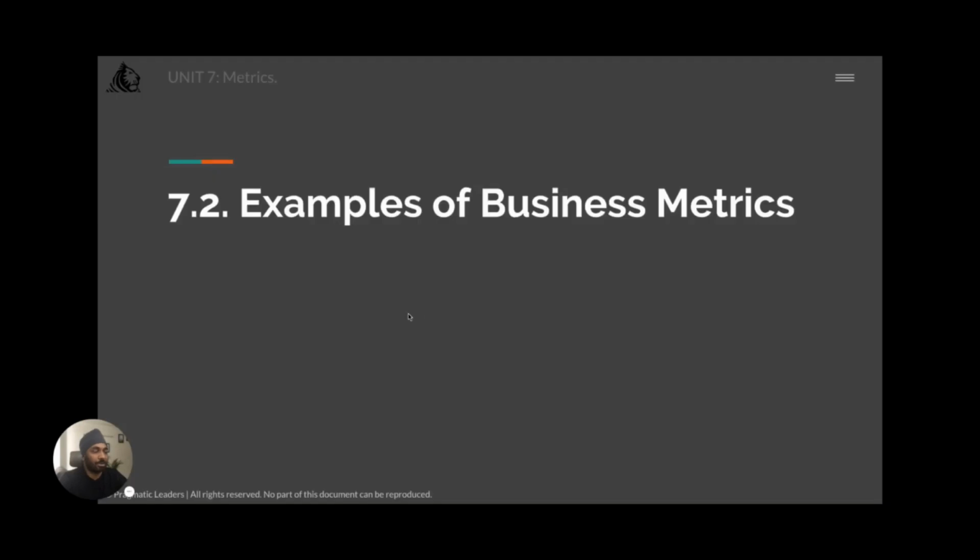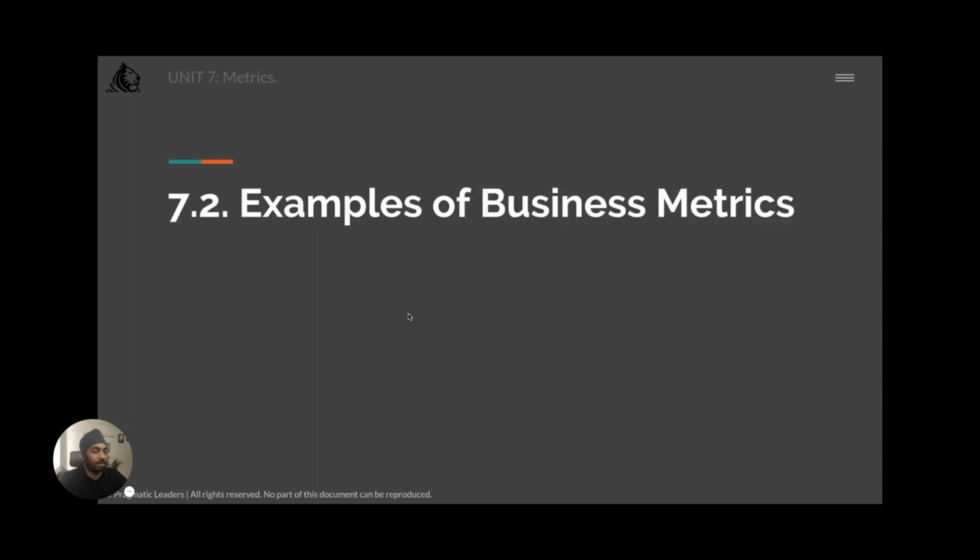So, examples of business metrics. Well, there are quite a lot of them, and honestly, this is just a set of examples. Don't take them as a de facto set of metrics that you should be using, but you'll have to apply your brain, you'll have to apply your learnings to find out what metrics matter. And the metrics also change as you grow in your product, the product life cycle, and your company as it grows. The metrics also start changing, right?